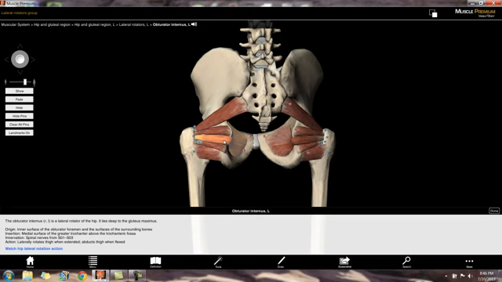The obturator internus is attaching along the inner surface of the obturator foramen, and courses along to attach inferior to the gemellus superior. Again, lateral rotator, abducts the thigh when it's in a flexed position, innervated by S1, S3,